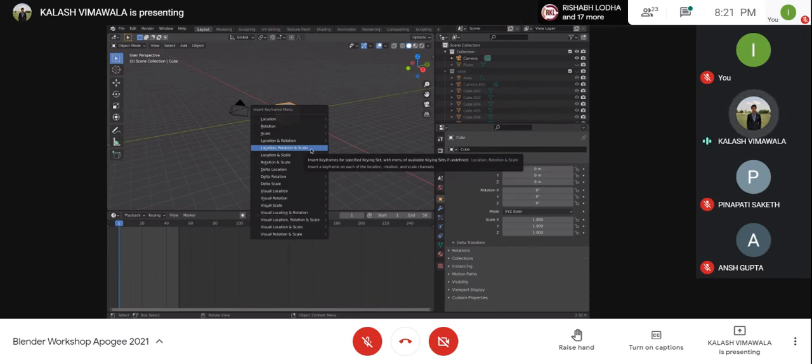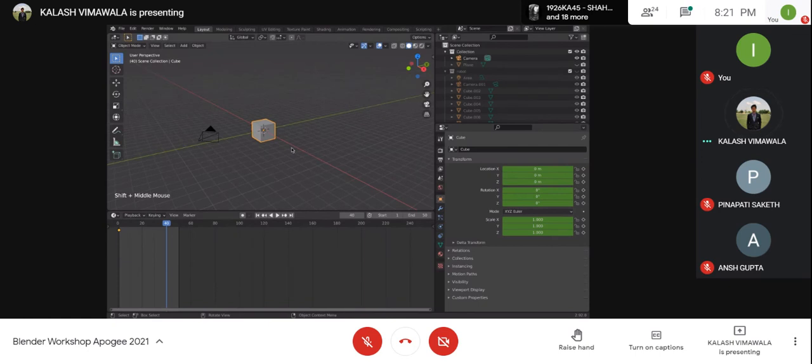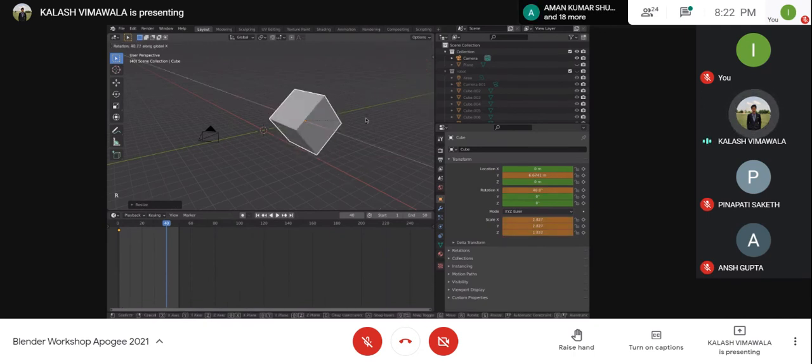So what I'm doing right now is keyframing all of these locations to frame 1. But what I want to do is that when I'm on the 40th frame, I want this object to move along the y-axis to someplace over here. I want it to get larger, and I want it rotated about the x-axis, say.